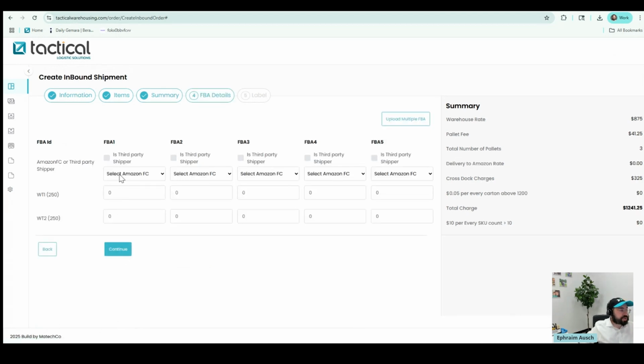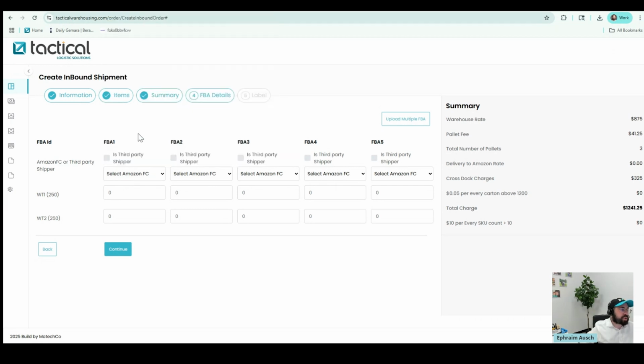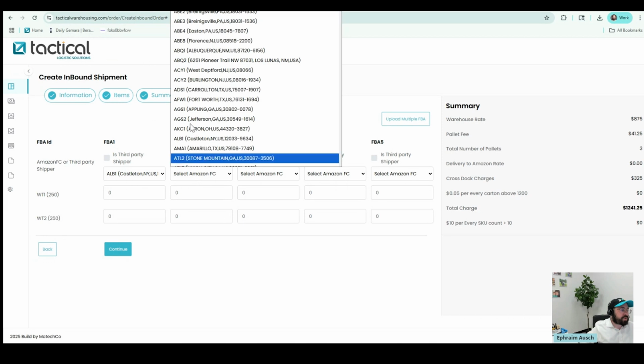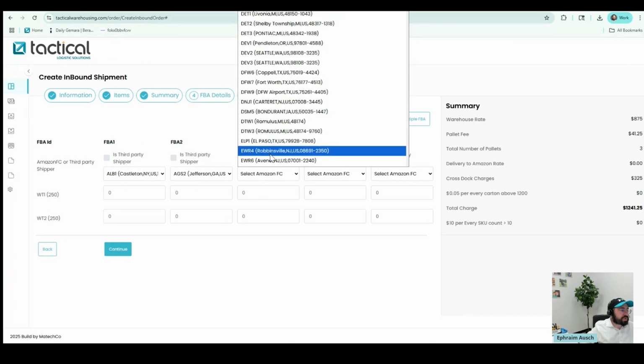The next option is going to ask you each FC. So we have all the FCs built in here. So you could choose any location here. Let's say this one's going to LB1. This one is going here. This one, let's say, is going